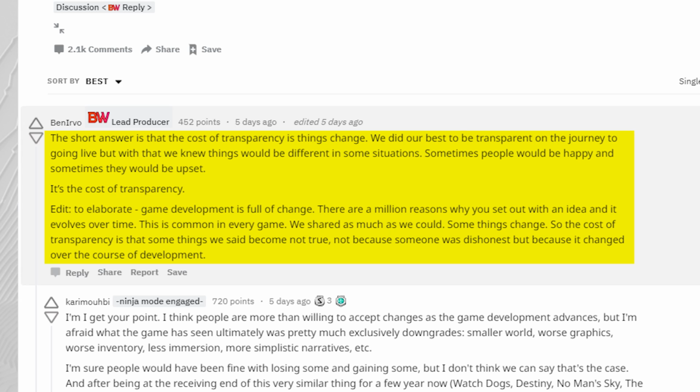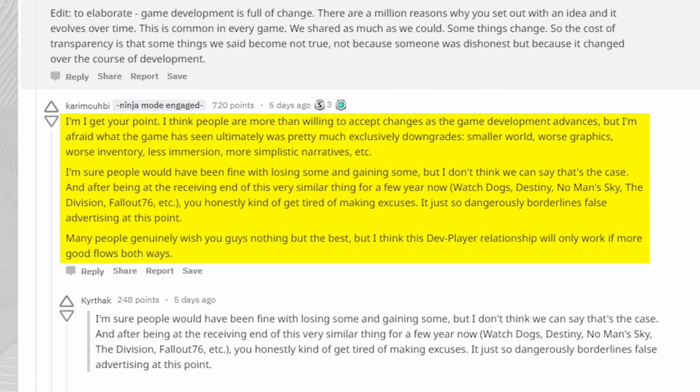Okay, look, I'm not denying that game development is an iterative process during which changes and unforeseen circumstances are constant, where things can get added or scrapped at a moment's notice. But with Anthem, we are dealing with a rather extreme case that I think many will agree cannot be justified by this explanation. And this is something that was perfectly explained by Reddit user Karamomi in this retort, which reads,